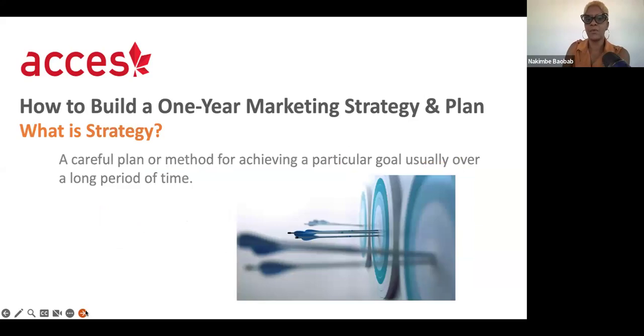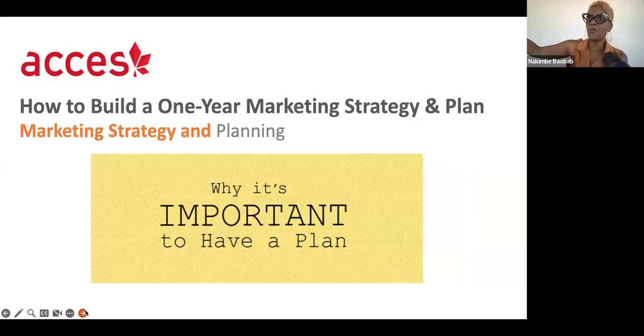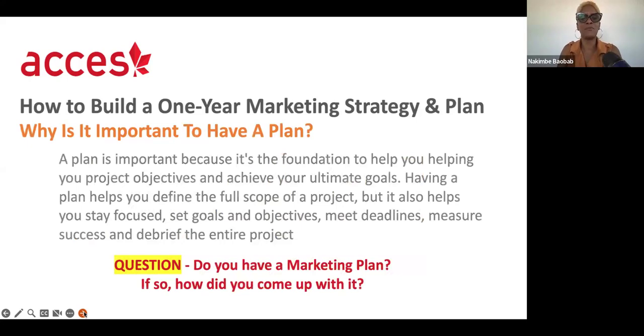So we covered in depth what marketing is, but what is strategy? Strategy is a careful plan or method for achieving a particular goal over a long period of time. So you set a goal or objective. Where do I want to go? When do I want to get there? And then work backwards. What are all of the different steps or dependencies that I need to have in place before I can do this thing? I was going to give you an example, but then I'll just go down a deep rabbit hole, and we don't want that.